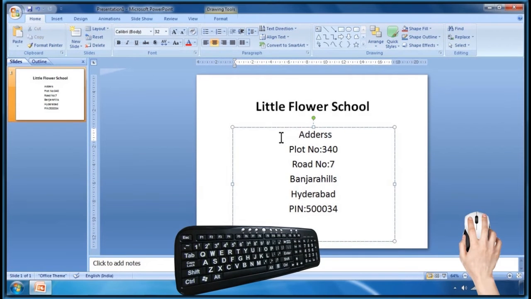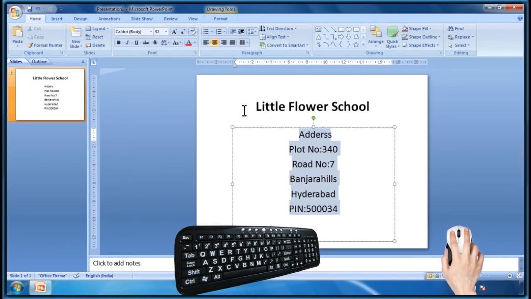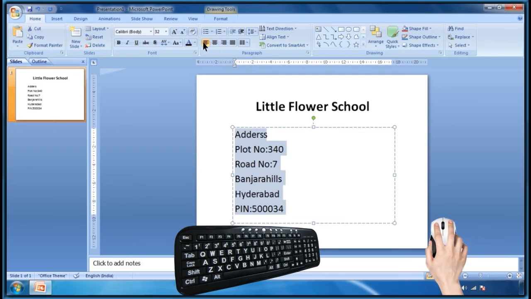For left alignment, select the text and click on left alignment button. Provide bullets to the text. Click on bullets command.